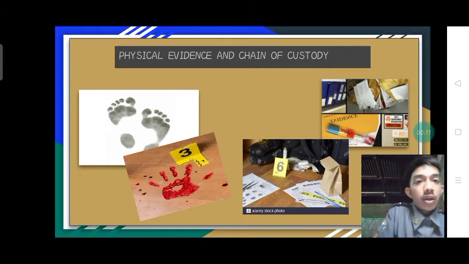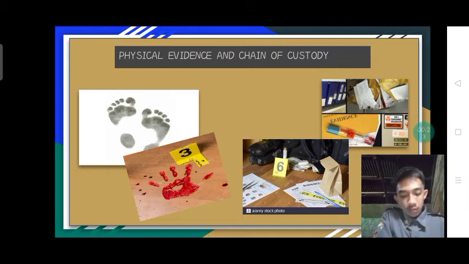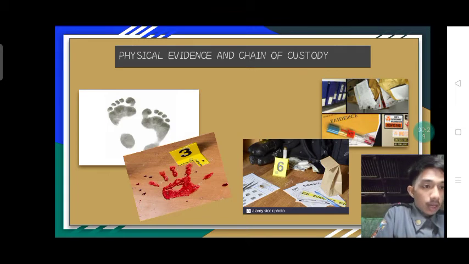Topic natin dito ngayon is physical evidence and chain of custody. So, ano nga ba yung physical evidence? Yung physical evidence, in the crime scene, yung forensic expert is hinahanap niya yung physical evidence, and then yung mga evidence na to, such as object found in the crime scene, is also known as physical evidence. So, yung example ng physical evidence, fingerprint, footprint,